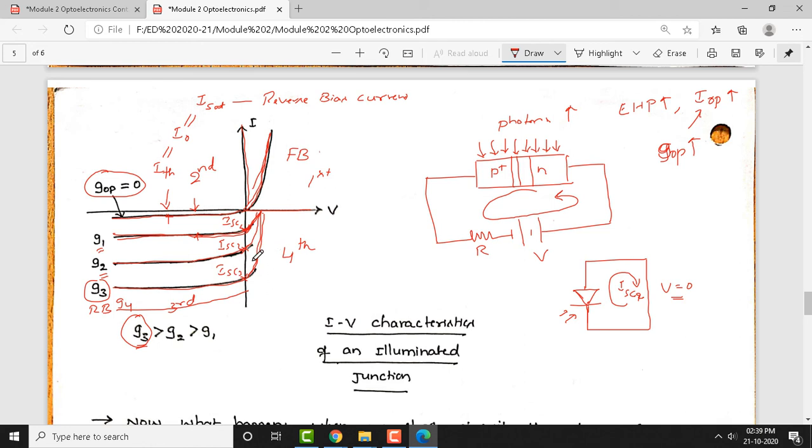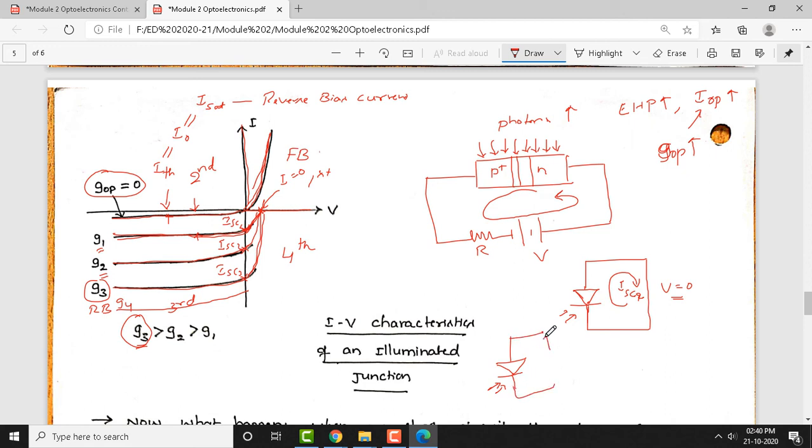Now I told you how to identify this point, but how do you identify the intersection with the x axis? Here we made the voltage 0 and you had some current, but in this case you have to make the current 0, so you have to make I as 0. How do you make the current 0 in a circuit of this type? You have to make it open circuit, exactly correct. So take a photodiode, and just open circuit across this.